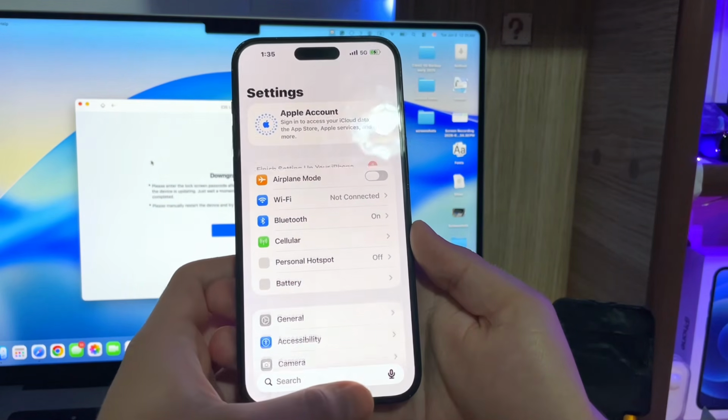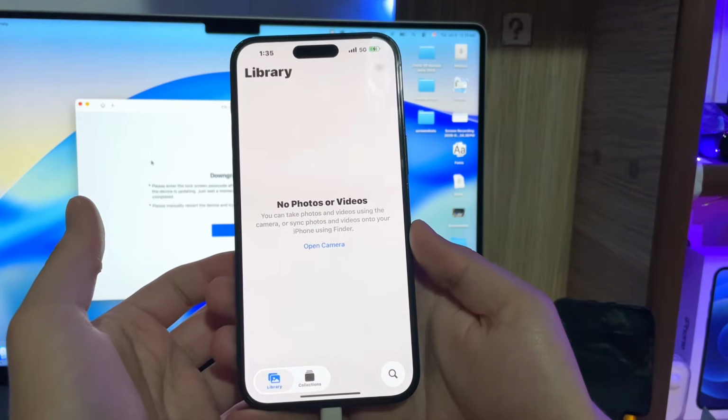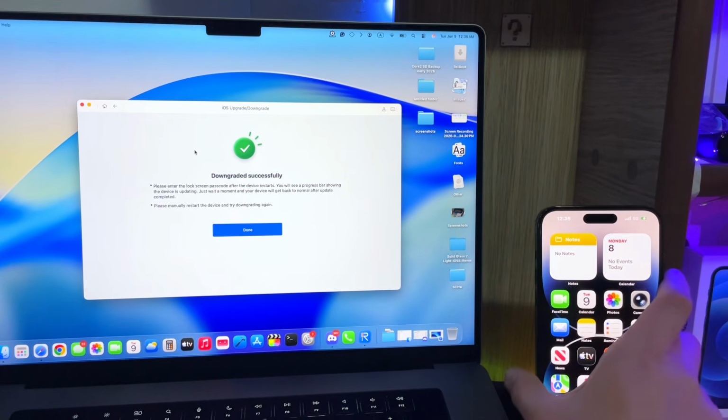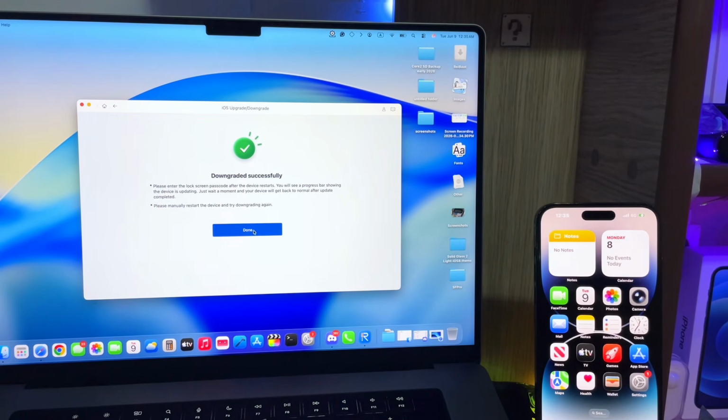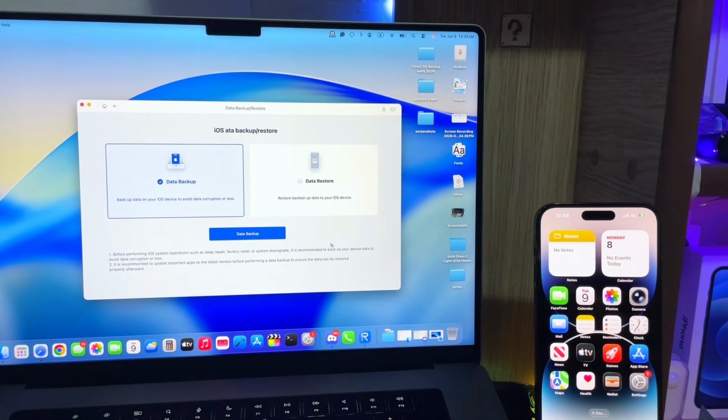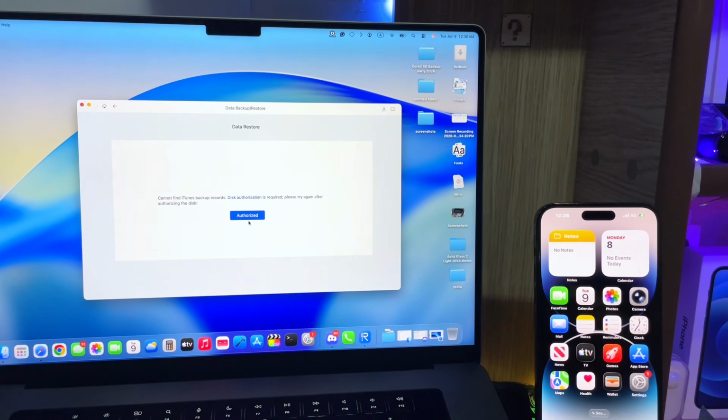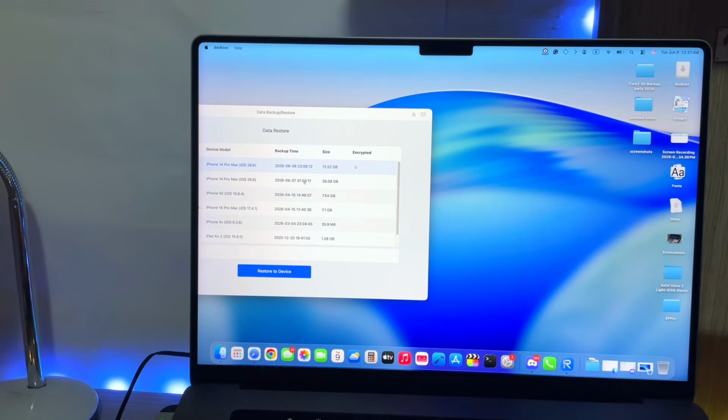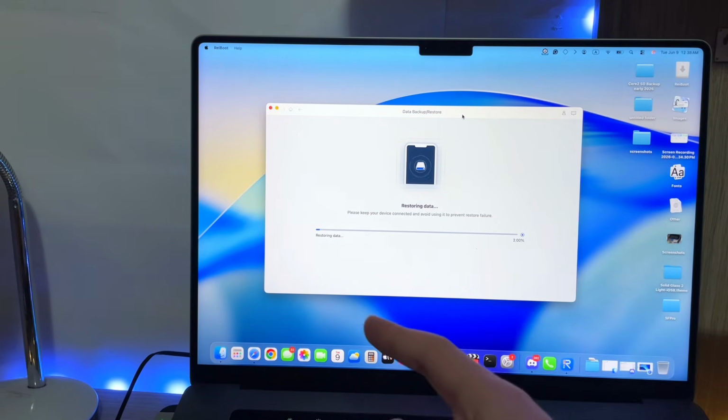Your phone is completely empty. There's nothing here. Go to photos, there's nothing. So put your phone somewhere like this, and then done, and do a data restore from ReiBoot. Data restore. You may have to do data authorizations. It's needed to find the backup on your computer. All right, so I'm gonna choose the backup that I have here, and I'm gonna restore it to my device. As you can see, okay. It might ask for the password, and if it does, you just type 1, because that's the encryption password that